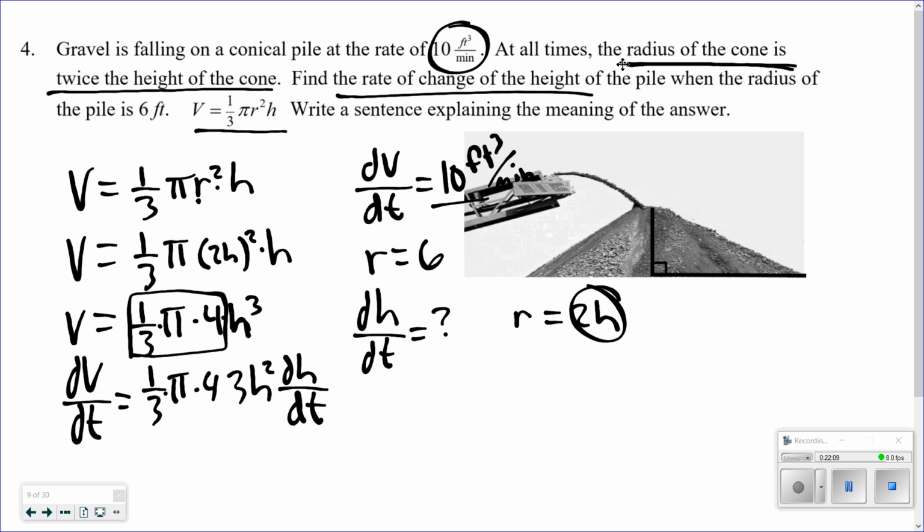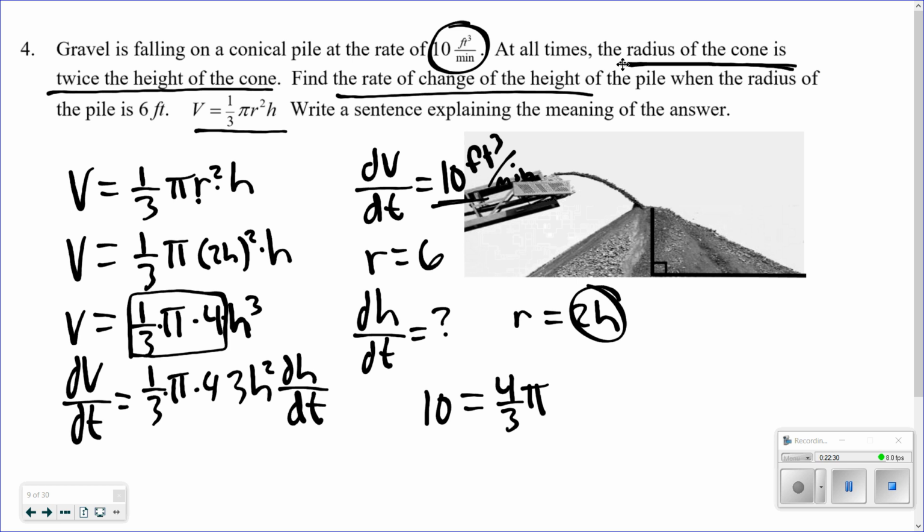So now I've got my formula there. Now I just have to plug all the stuff in there that I know and try to find my answer. So let's plug in what we know. Up above, I know dV/dt is 10. So I have 10 equals, I'm going to simplify a little bit, 1/3 times 4 would be 4/3